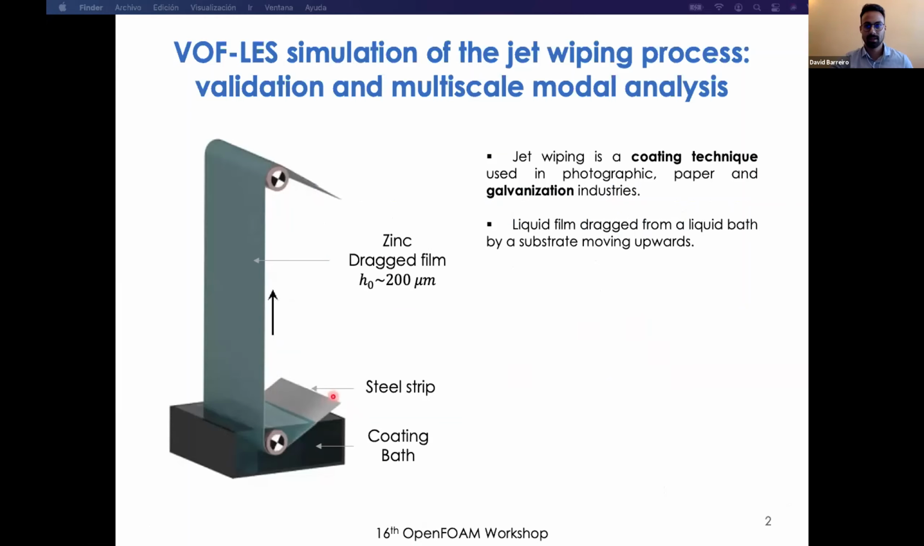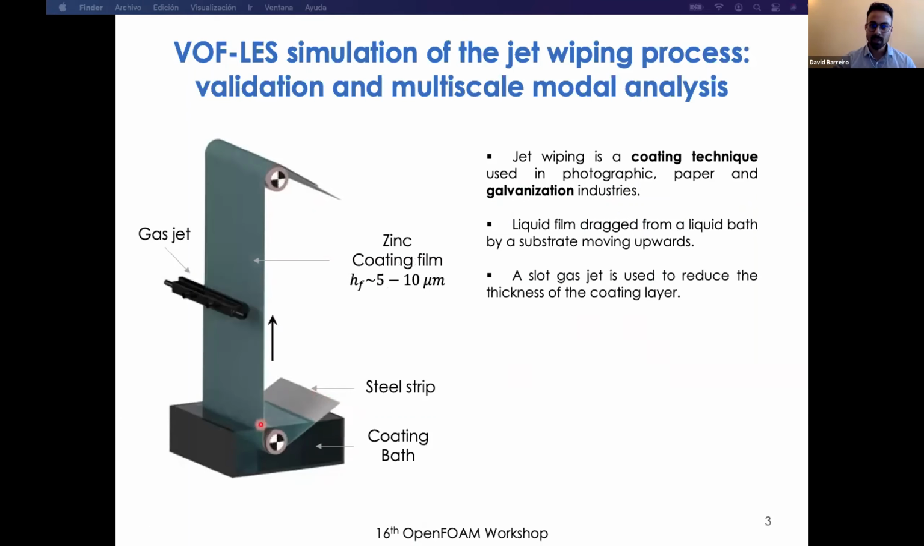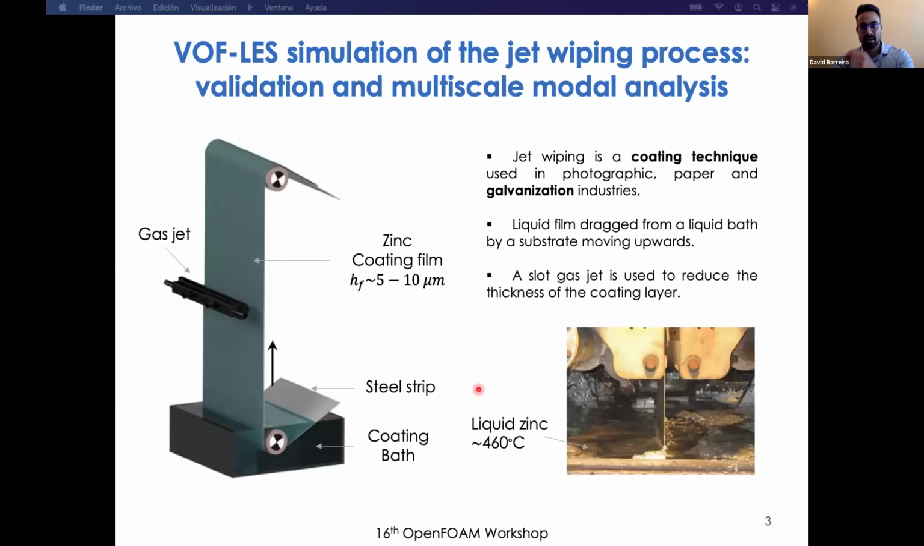The steel strip dips in a coating bath with molten zinc, and as it emerges from the coating bath, it drags a coating layer on its surface due to viscous effects. And a slot gas jet, as the one shown here, is used to reduce the coating thickness to approximately 1 order of magnitude lower than the drag-out thickness. Here you can see an image of the industrial arrangement with liquid zinc, the steel strip, and the gas jet